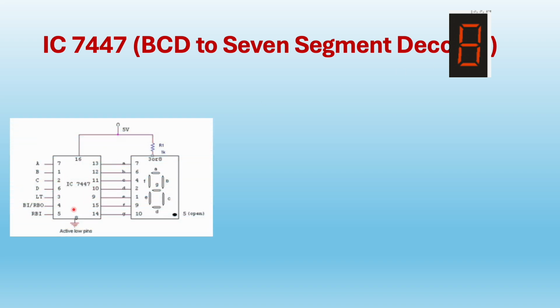The IC used for this experiment is 7447. What is 7 segment first of all? So this is the picture of a 7 segment display. And why is it called 7 segment? Because it is having 7 elements here, 1 2 3 4 5 6 7, and based on the illumination of individual element the numbers are displayed here. And in BCD to 7 segment decoder, the BCD number is given as input to this IC and it displays the given number on this 7 segment display.